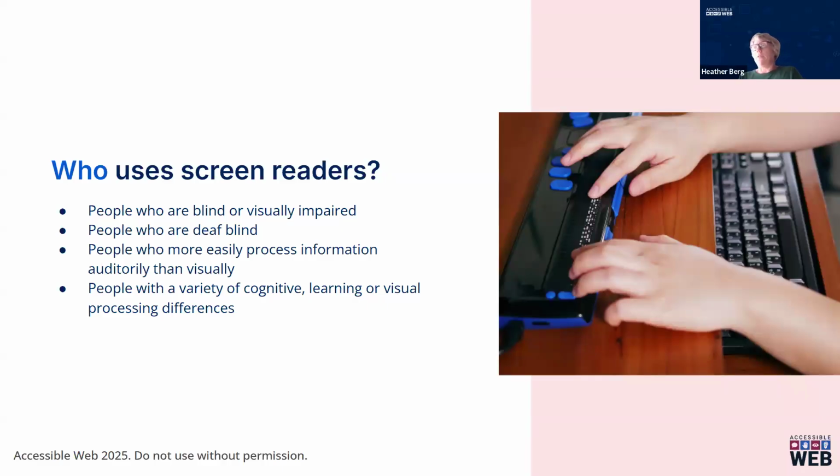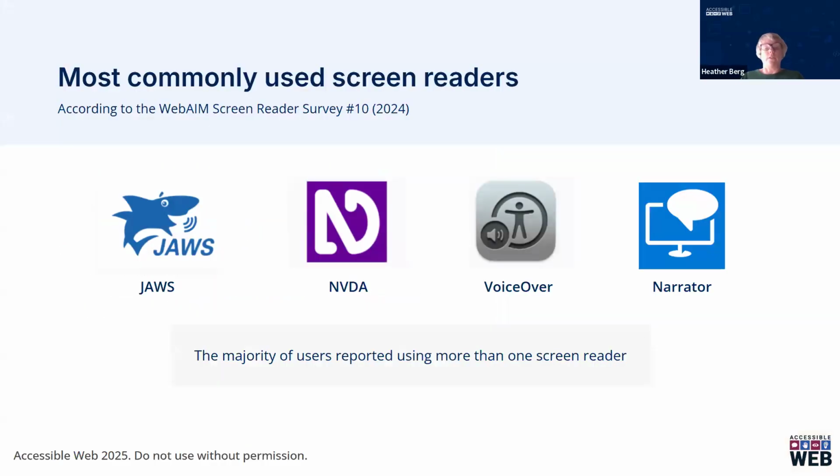Additionally, you might find folks who more easily process information auditorially than visually. Also, folks with a wide variety of cognitive learning or visual processing differences. On to our next slide. Now that we know what they are and who's using them, what screen readers are folks most likely to be